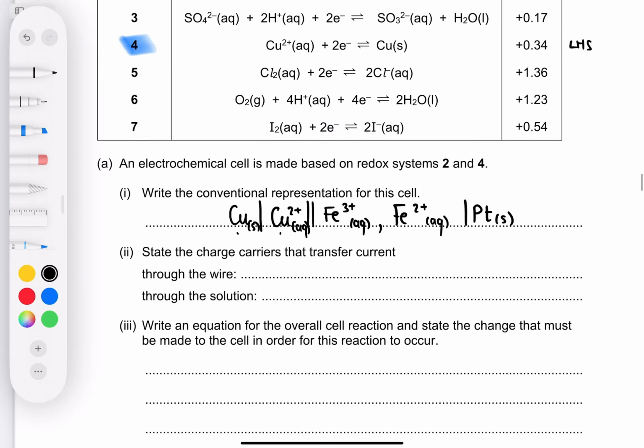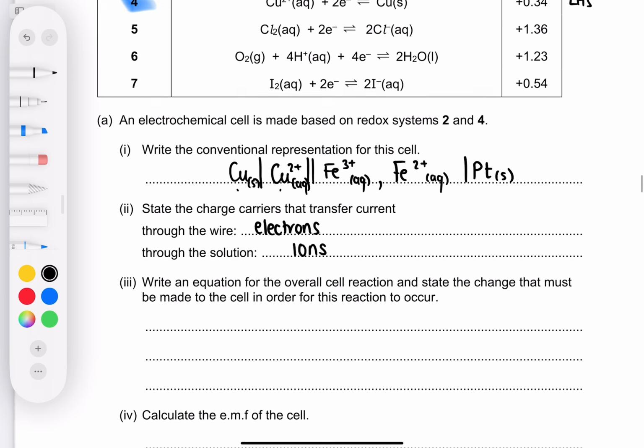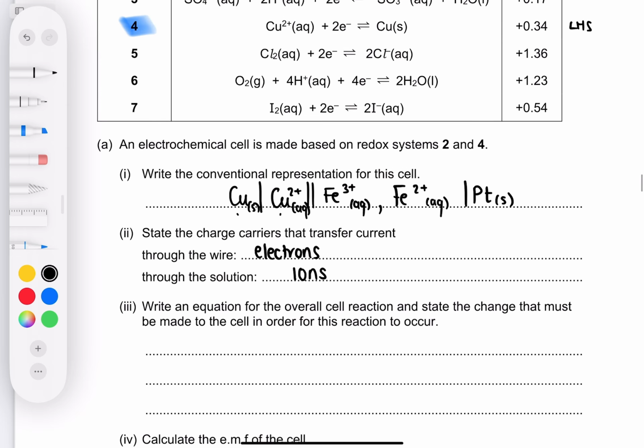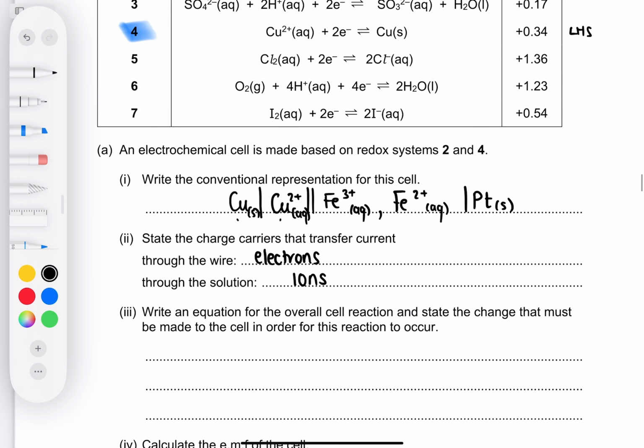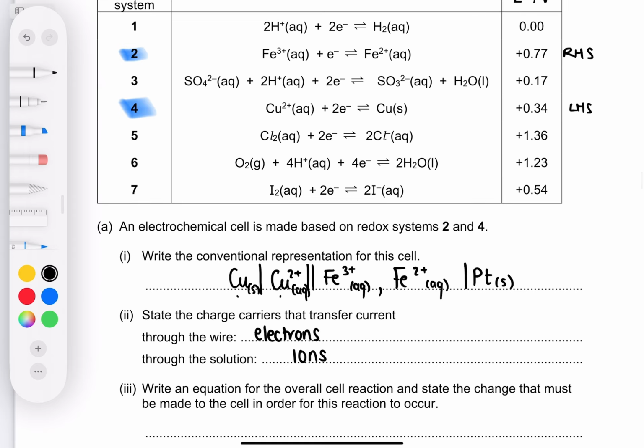What carries the charge through the wire? Well, wires are made of metal, so it's delocalized electrons, and through the solution, it's free ions. Write an overall equation for what happens, and state the change that must be made in order for this reaction to occur. So the overall reaction that happens is the most positive one goes forward, the more negative one goes